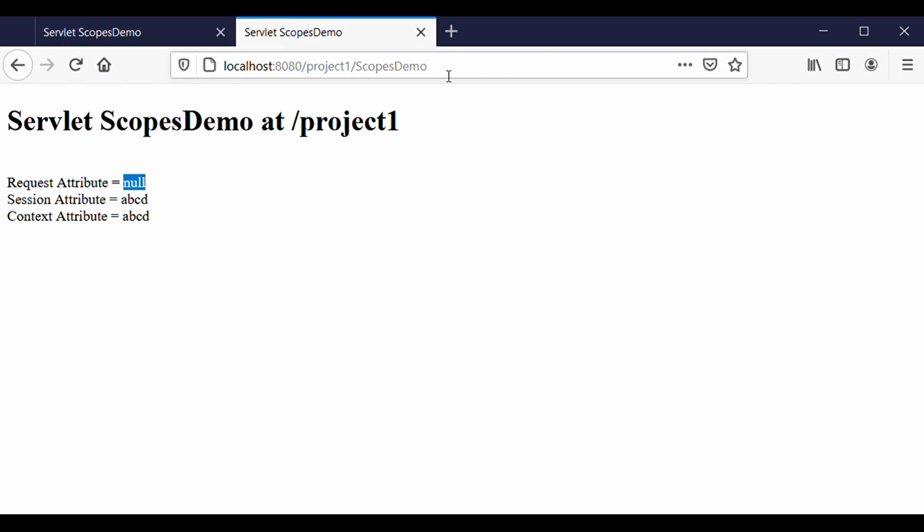So when we send a new request to ScopesDemo, the request attribute rAttribute could not fetch the value, because that attribute was only for the previous request, and it is no longer valid. That is why it is printing null, because it does not find the attribute.